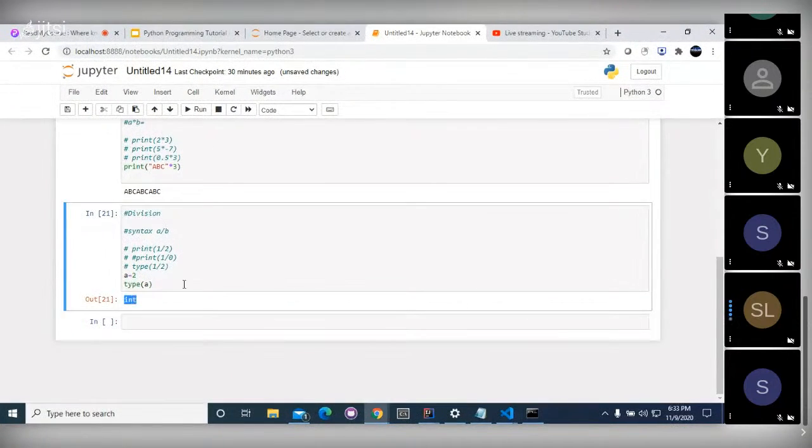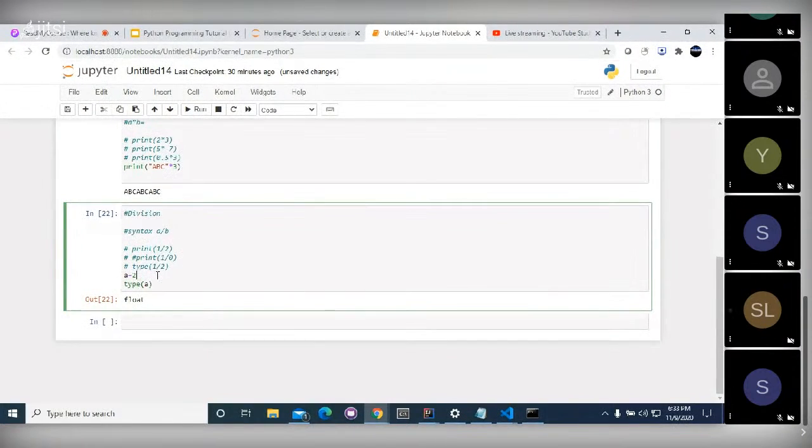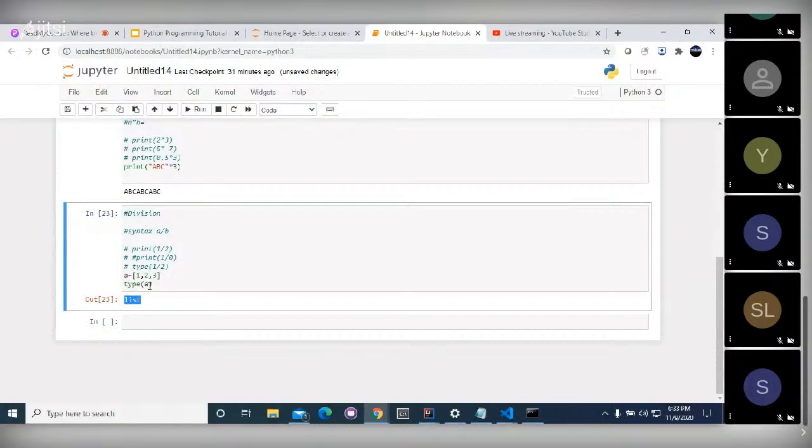Int. Integer. It is clear. If we have a is equal to 2.0, what will be the type of a? Float. Similarly, if we have a is equal to [1, 2, 3], what will be the type of a? List. Yes, list. So you can use type for getting the type of any data type